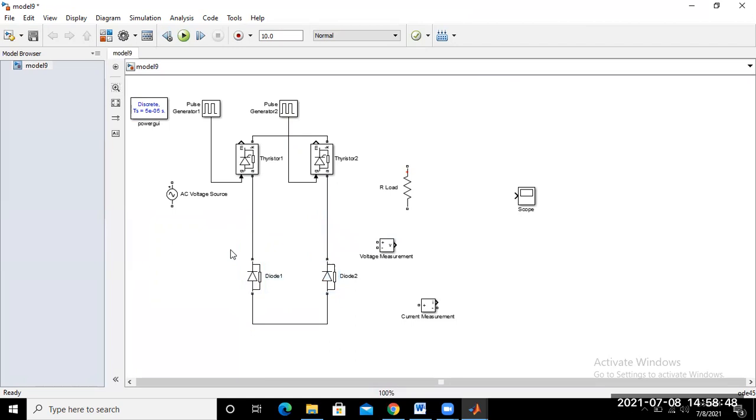Okay. Now you just drag this AC voltage source up to this point and just connect from this AC voltage source to this point. Okay.